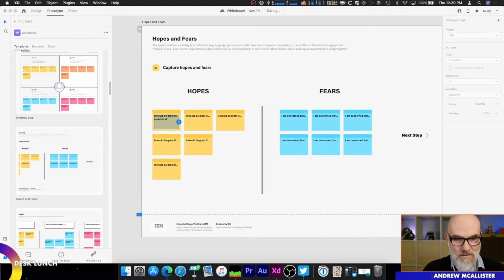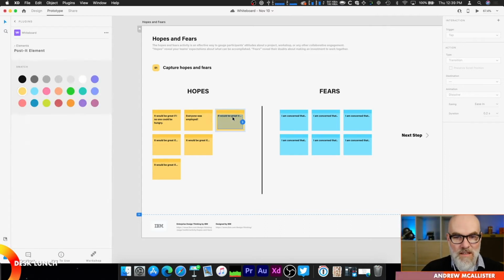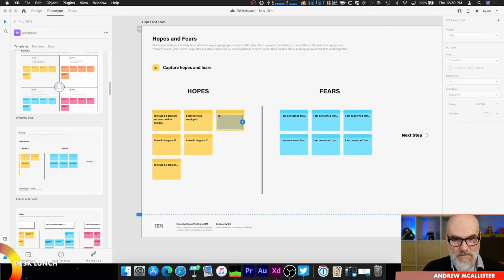It would be great if... So you can just double click on these boxes and enter whatever it is you want. And if you're in co-editing mode, others can enter this as well too. What's interesting is if I put a lot of text in here, it does wrap. I did notice, however,